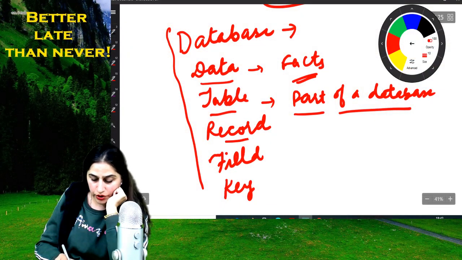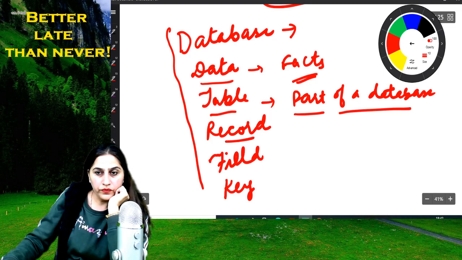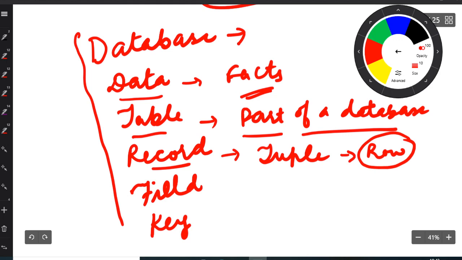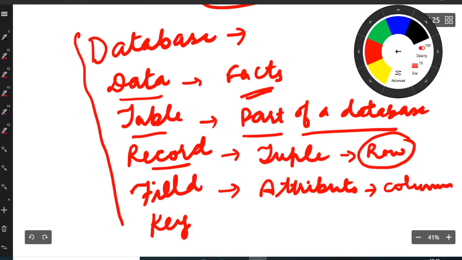Next is record. Record, we can also say tuple. This is, in simple language, a row about a single entity. Field, it is also called attribute, like heading of a column in a table, like name, age.